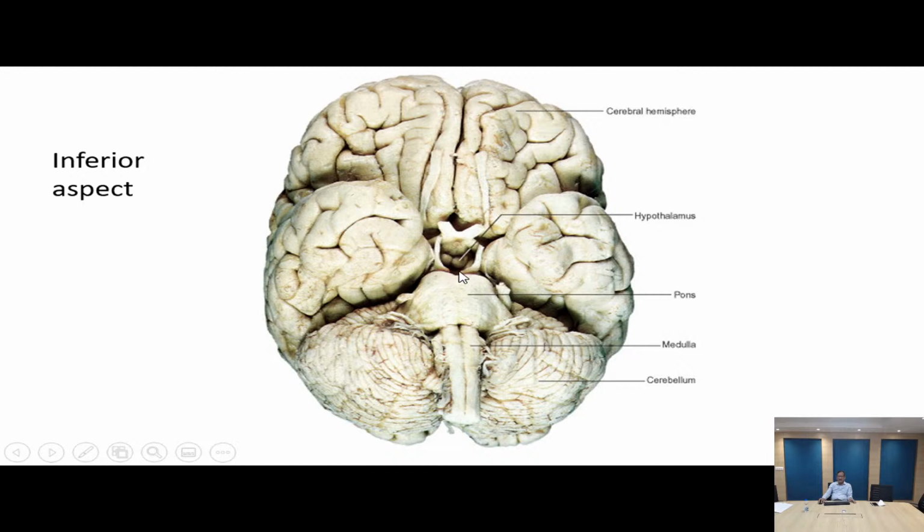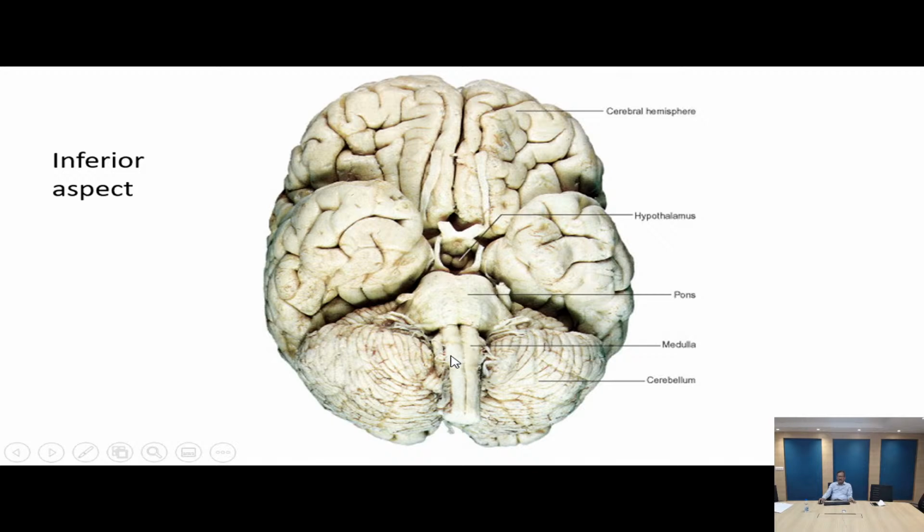You can see them from the midbrain, the third nerve coming out. This was the second nerve, the optic. This is the third nerve. And you can see the trigeminal coming out from the pons. The trigeminal is the fifth nerve over here, and then there is the sixth nerve over here, the abducens. Seventh and eighth are coming over here, and 12th is coming over here, and 9th, 10th, 11th are coming at the back. Now, when you look at the medulla, then this elevation which you see on the medulla,